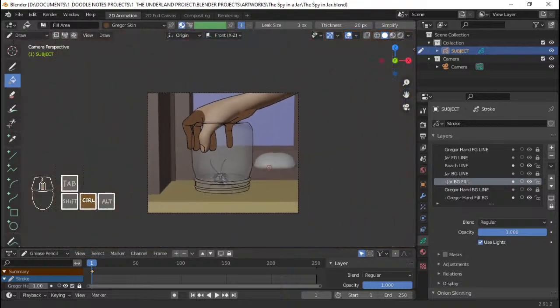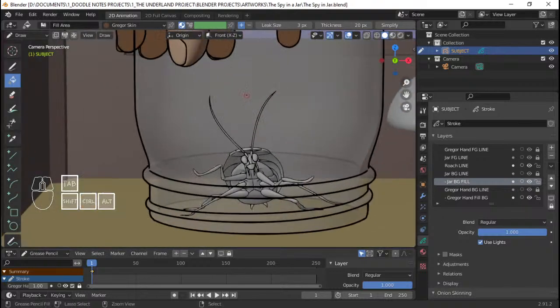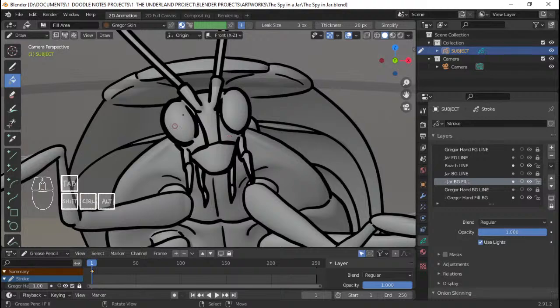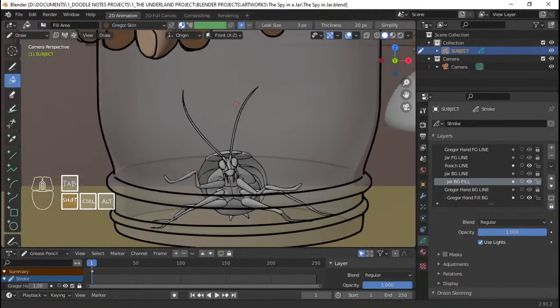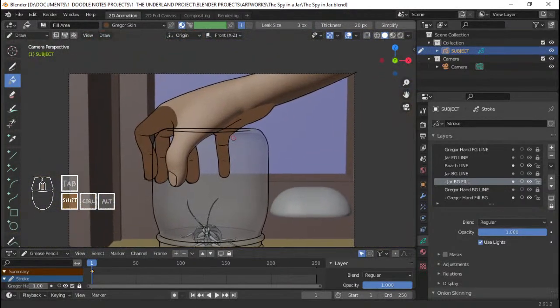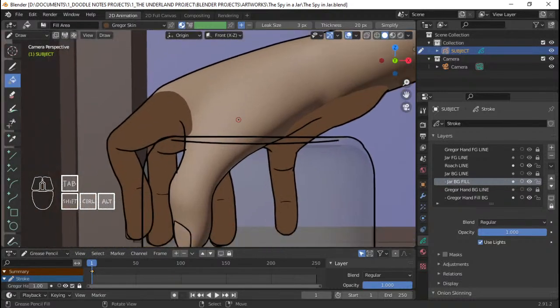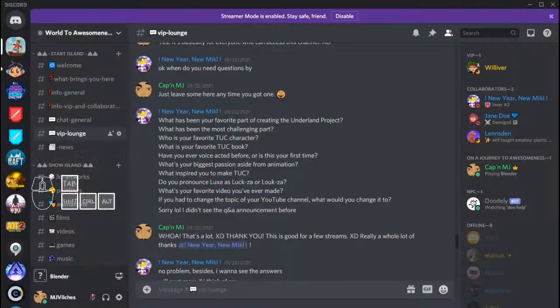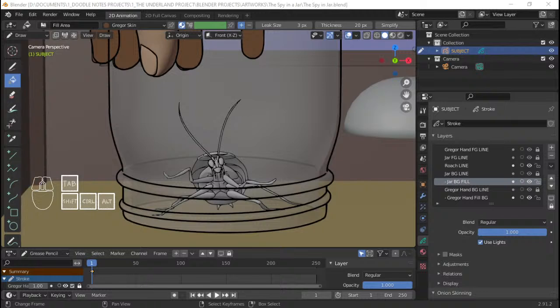Who is my favorite The Underland Chronicles character? My favorite The Underland Chronicles character actually is this guy. I mean, not really this guy, but one of the cockroaches, which is Temp. Temp is one of my favorites, and Rip Red, of course. So if I have to weigh between both of them, it would be Temp. I mean, Rip Red. I don't know. It's difficult to pick from both of those guys. But yeah, it would be Temp or Rip Red.